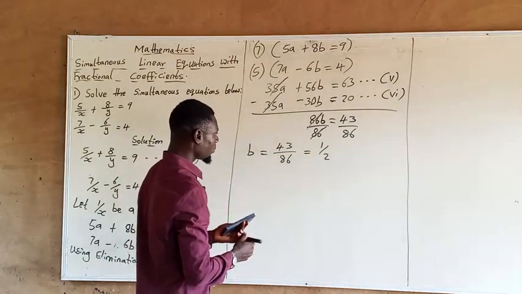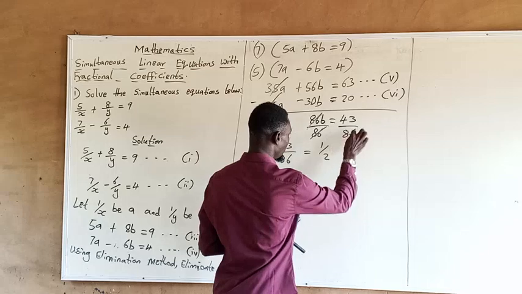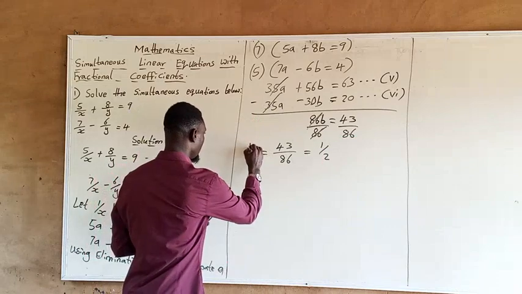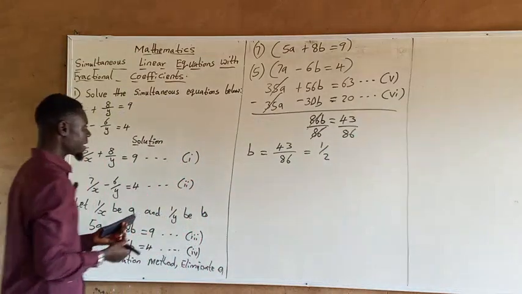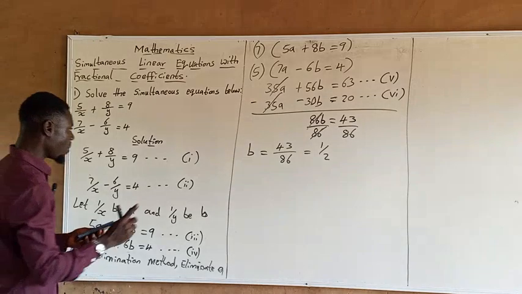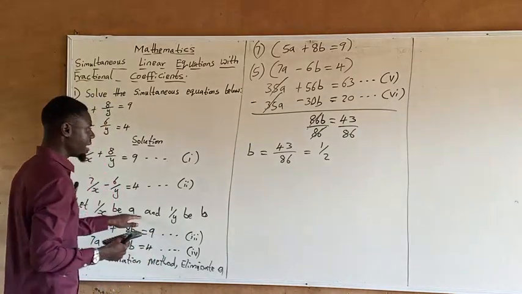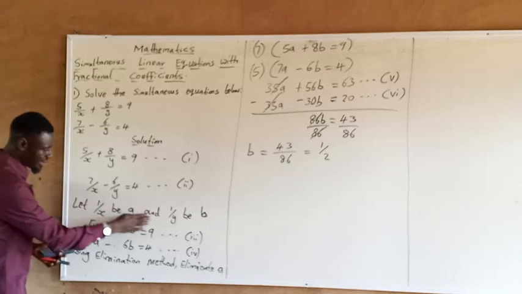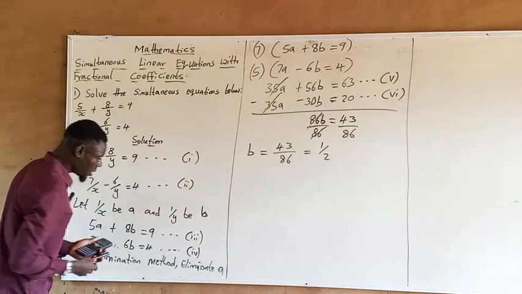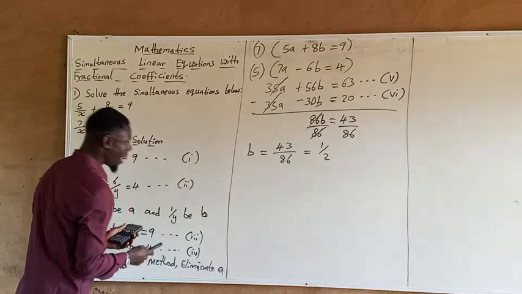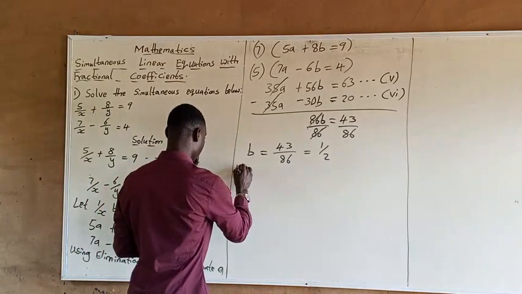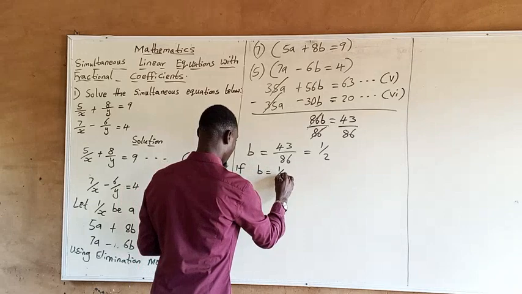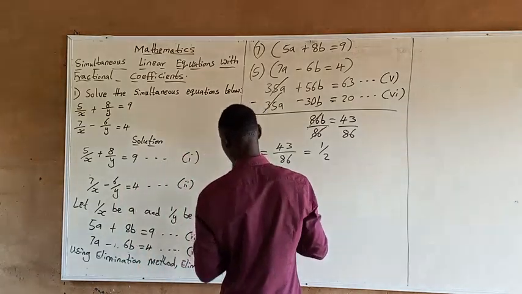1 over 2. This one goes itself 1. It will now come to this one twice. So at this point, we have gotten our B. So let's get our A. But before we get our A, we don't need our A here because we have already gotten B here. And B here, it was stated, let B be 1 over Y. So let's state it this way. If B is equal to 1 over Y,